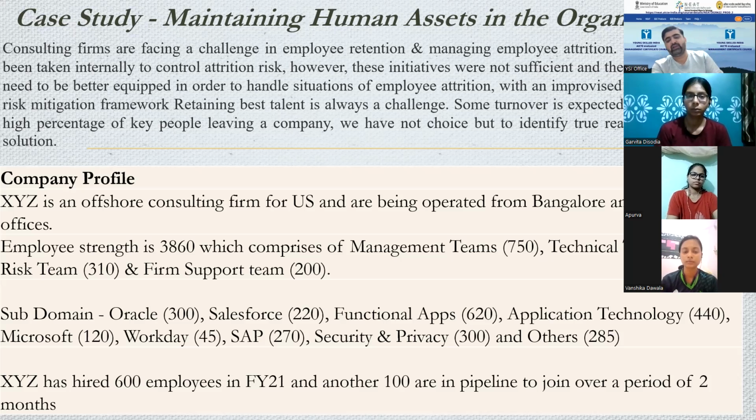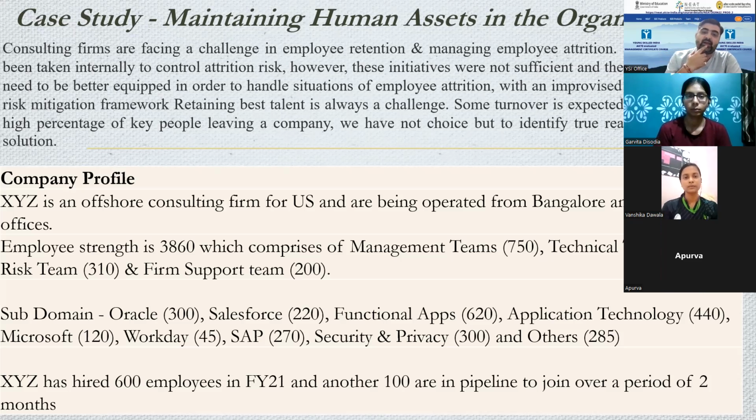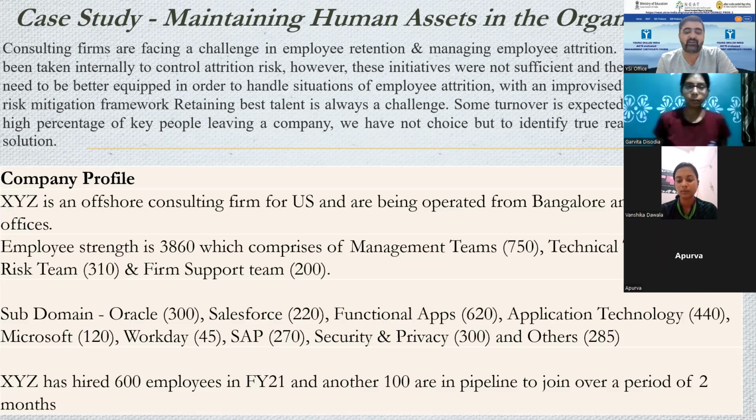Okay, and in that case, only assumption will not work. What you need is numbers. How many are going? What is the trend? Year on year, kitna log aa raha hai, ja raha hai. Okay. So some turnover is expected, but when there is a high percentage of key people leaving a company, there is no choice but to identify the reasons and work on a solution. So this solution will not come from basic assumptions. Okay, there has to be some kind of calculations behind all these solutions. Okay, so now the numbers are, if you can see,